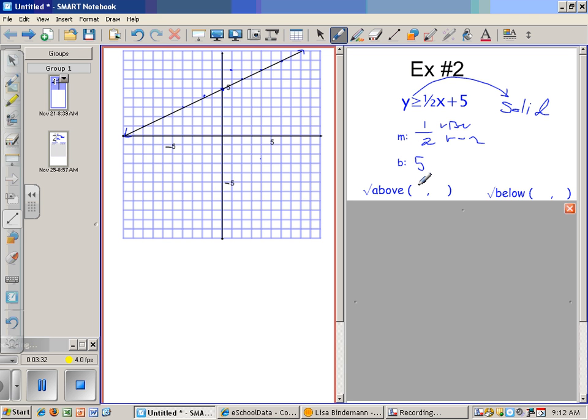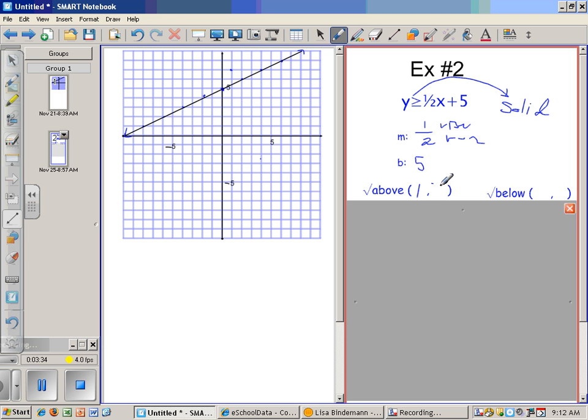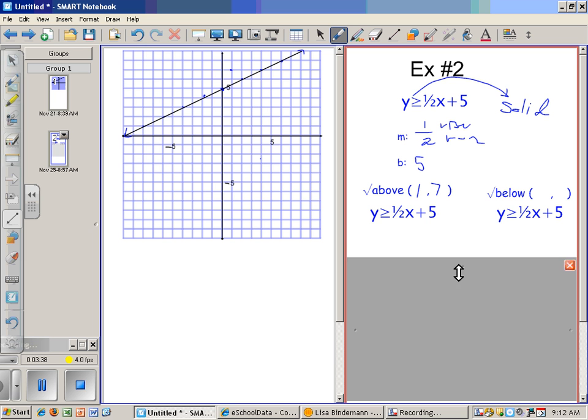That would be a point above the line. So in your original problem, 1 is going in for your x, and 7 is going in for your y. So it will be 7 is greater than or equal to 1/2